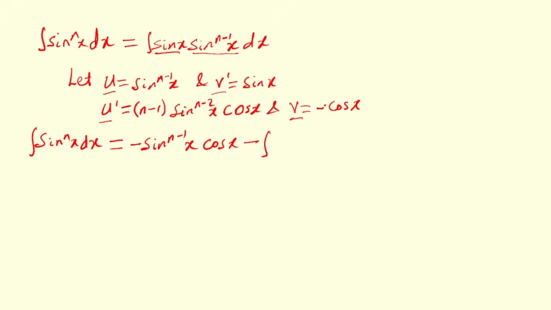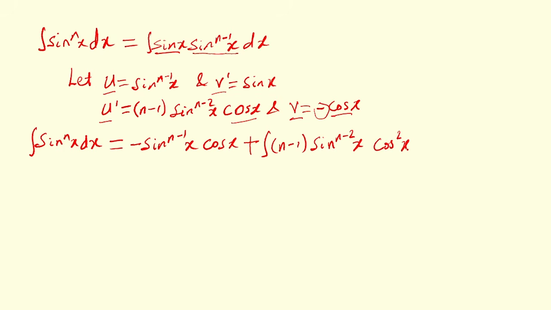Here you have a minus sign. Therefore, this becomes plus the product of the two, that is n minus 1 times sine raised to n minus 2 x times cos x,